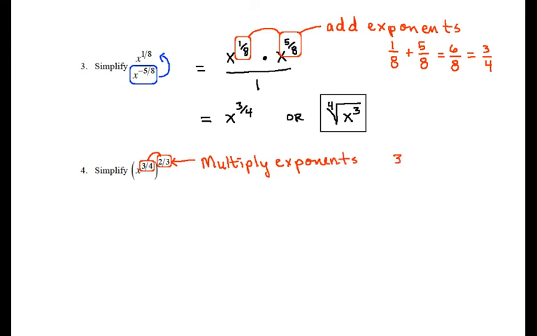So we have 3/4 times 2/3, and anytime I multiply fractions, I want to cancel out those common factors first. So it looks like in this case I end up with just 1/2,